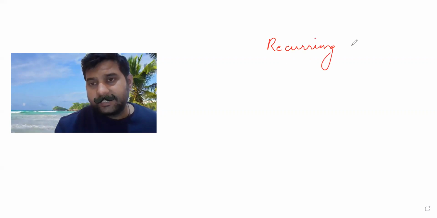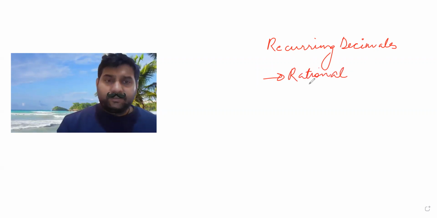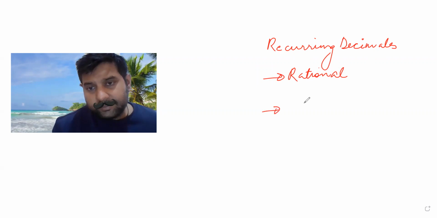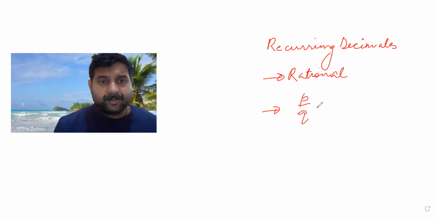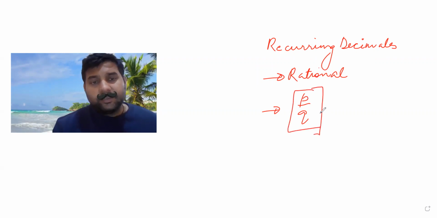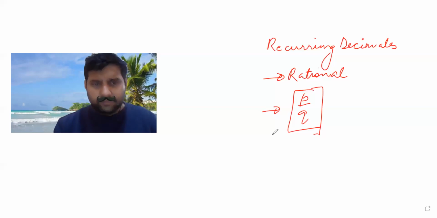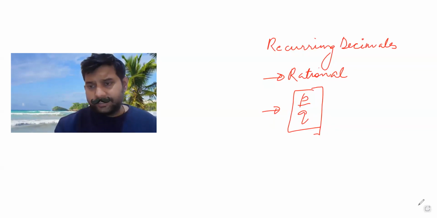In the last video I told you that all the recurring decimals, right? They are rational numbers, correct? That's what I've told you in the last video. If they are rational numbers, we should be able to write them as p by q, right? And therefore, if we do get a recurring decimal, how do we convert that recurring decimal as p by q? That is the thing that we are going to learn in this video. It is very simple. I'm also going to leave a trick for you. And I hope you enjoy the video.